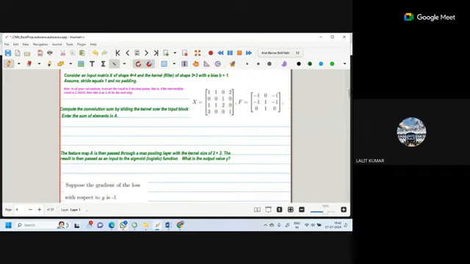Consider an input matrix X of shape 4 into 4, a kernel filter of shape 3 into 3, and there is a bias which is equal to 1. Assume stride is equal to 0 and there is no padding. Compute the convolution sum by sliding the kernel over the input block. Enter the sum of elements in A. So this we can do. So A will become,